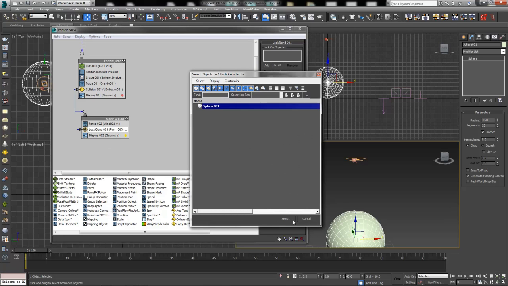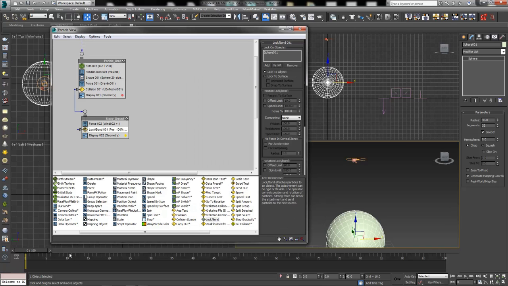I'm going to go with the surface of the sphere. We want that to be what the drops are sticking to. Then we need to make some settings changes. Right now it's locked to object. I want it to lock to the surface of that object. I want to come down to the position lock bond settings and restrict the movement of our particles to the surface, which right away we get that plop, and now they're stuck fast to the surface.